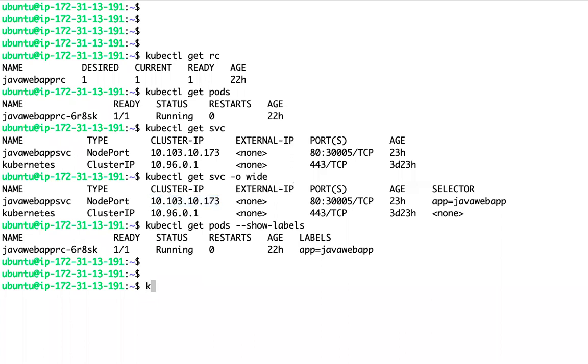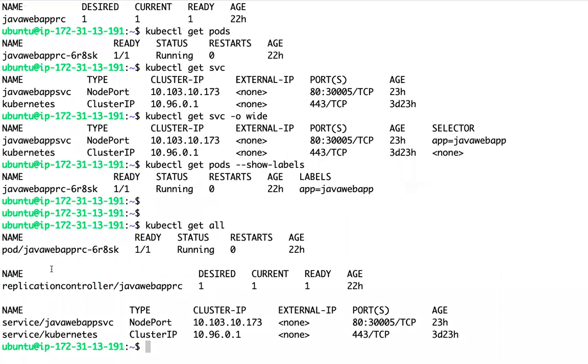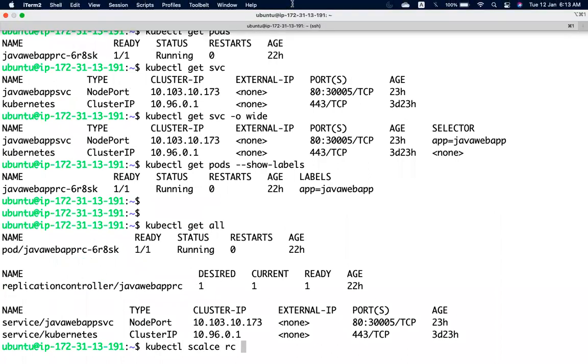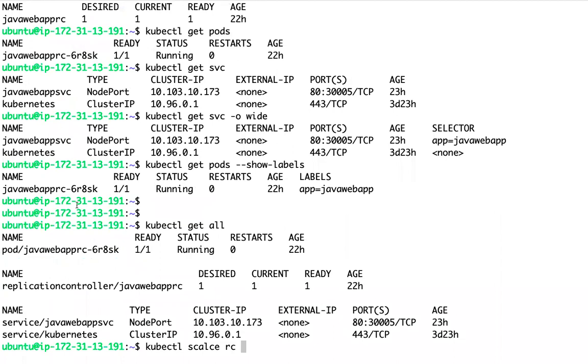So now we can scale up this replication controller. We have only one replication controller, right? We can scale it up with something like kubectl scale rc, where RC stands for replication controller, and then the replication controller name. This is my replication controller name.